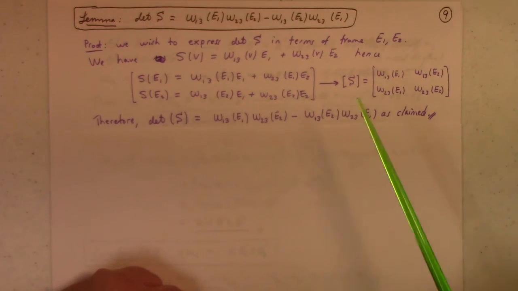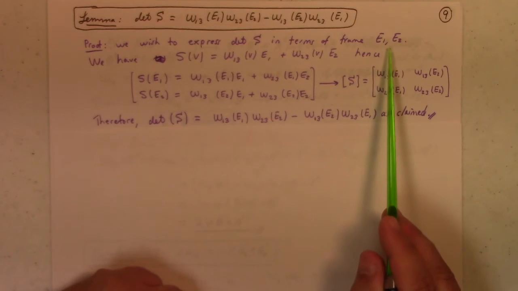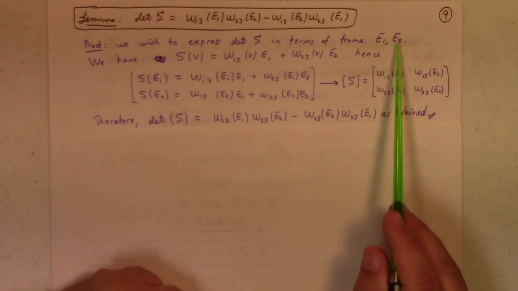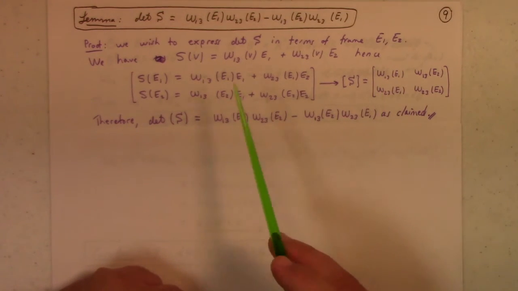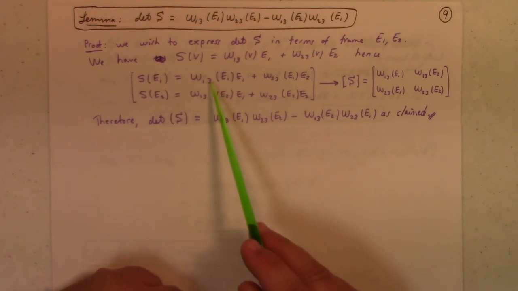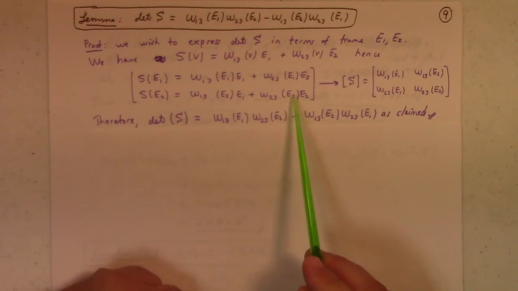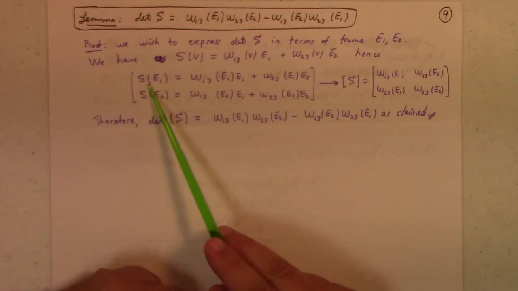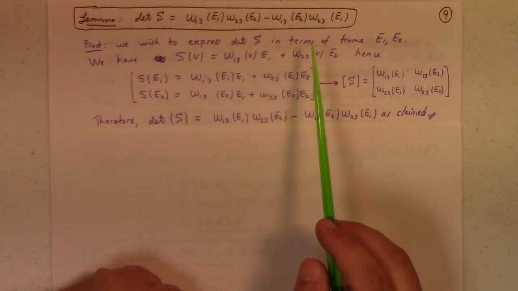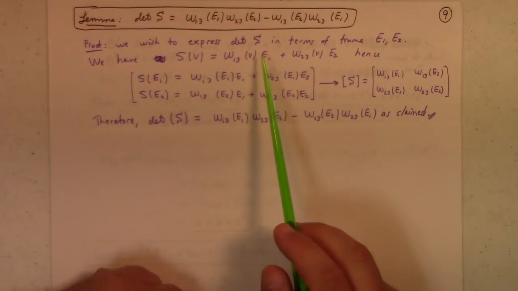So to find the matrix of the shape operator with respect to the adapted frame, the tangent part of the adapted frame, E1 and E2, I just have to look at S of E1 and see how it's expressed in terms of E1 and E2, and S of E2 and see how it's expressed in terms of E1 and E2, right? But using that formula I was just mentioning that we,